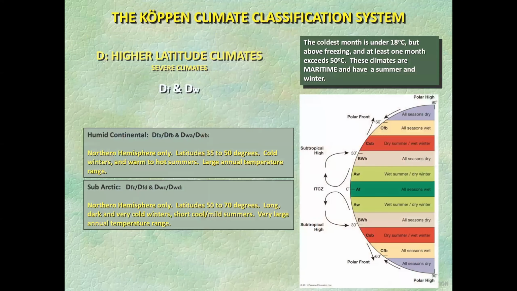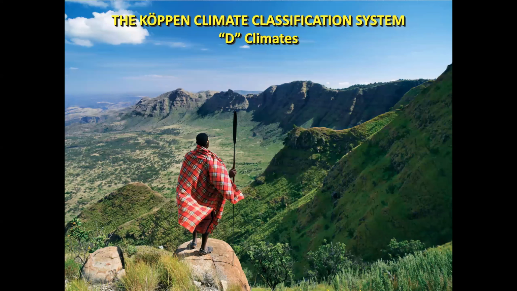Let's look at D climates. D climates are either milder or subarctic. So they're really broken up into two. In New York, New England, we fall into the more mild type of climate for a D climate. Once you get into Canada or northern Europe, like Scandinavia or Russia, you get into these much colder subarctic climates. They're really, really cold, but they're not cold enough to be a tundra yet. So that's where you see,